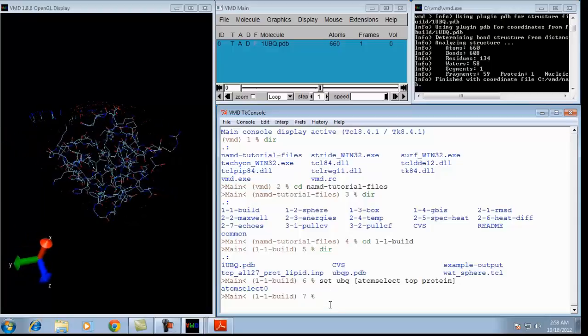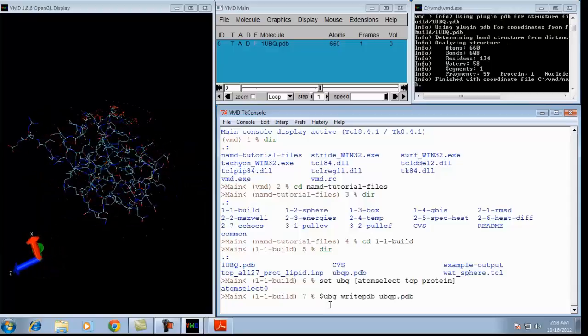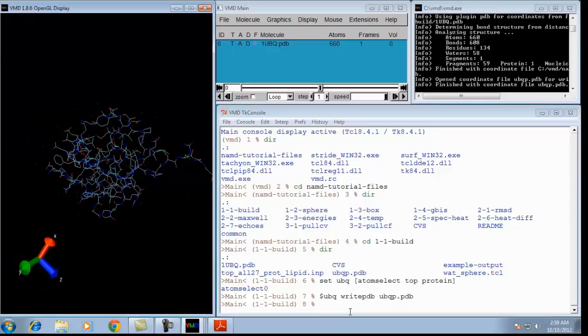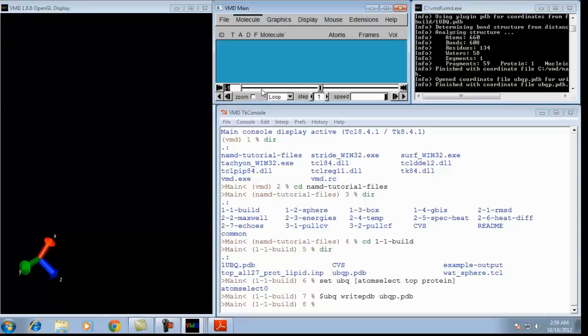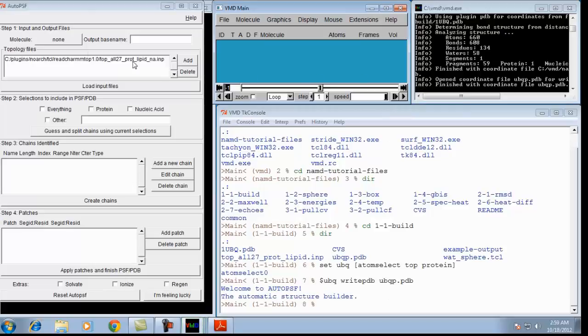The first step to get started is to convert the PDB file into the PSF file. There are two ways to conduct this process. The first one is to convert it first into the PGN file, and then from the PGN file we would convert it into the PSF file. The second way is directly converting the PDB file into the PSF file with the help of Autopsf, which is an automated process inside the VMD tool.